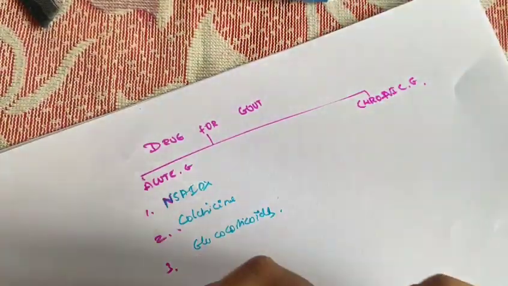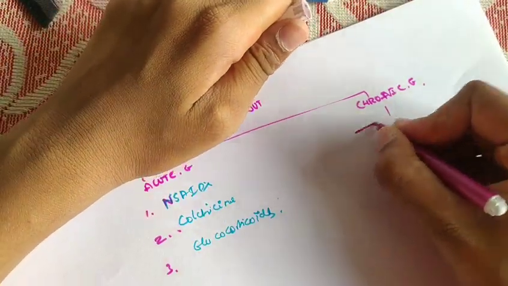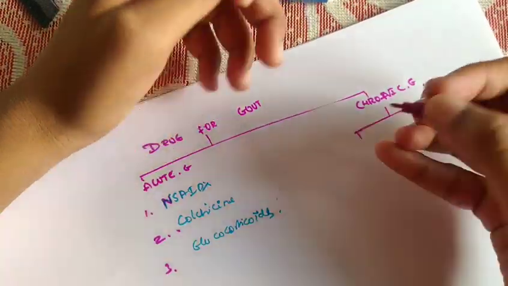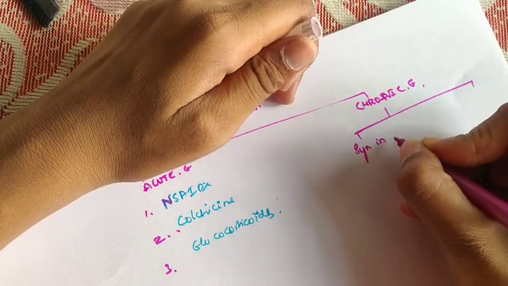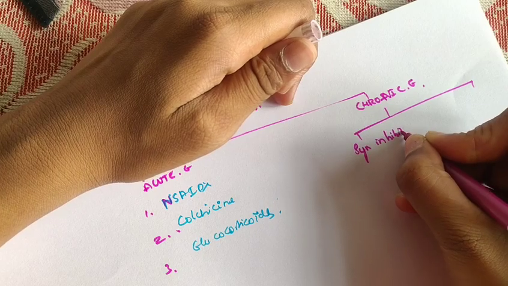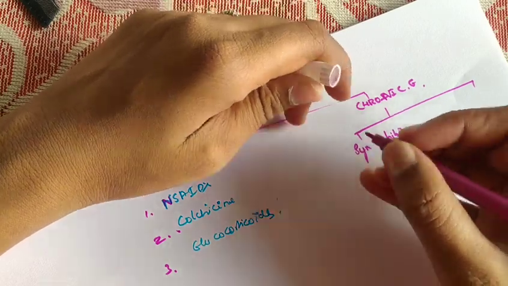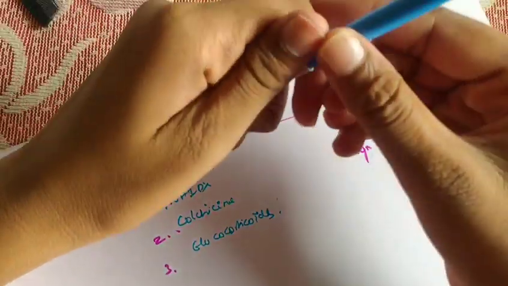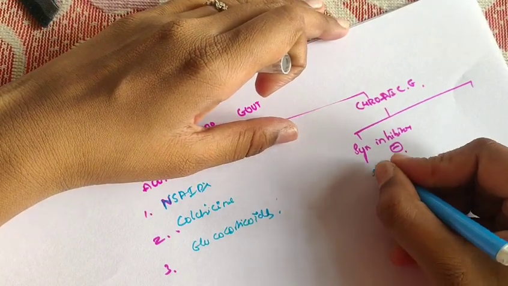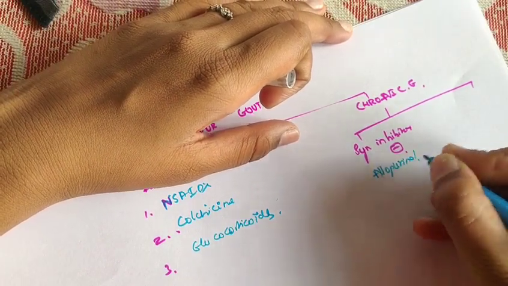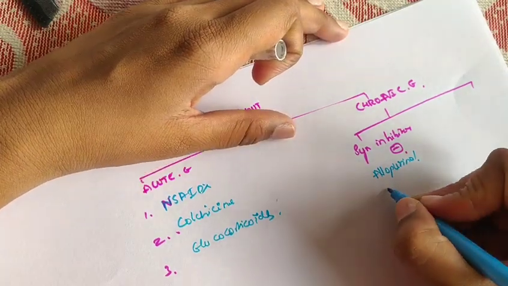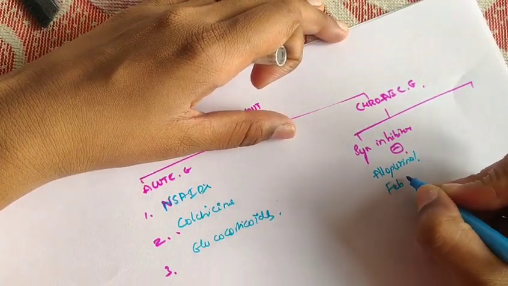Again, chronic gout. For chronic gout, there are two types of drugs. Some inhibit the synthesis itself, that are synthesis inhibitors. Example: allopurinol, which you might also have studied in biochemistry. Allopurinol. And the other drug, how will you remember it? Think of February, Feb,